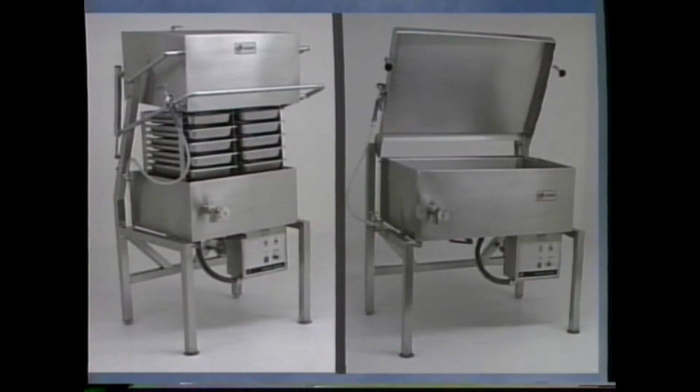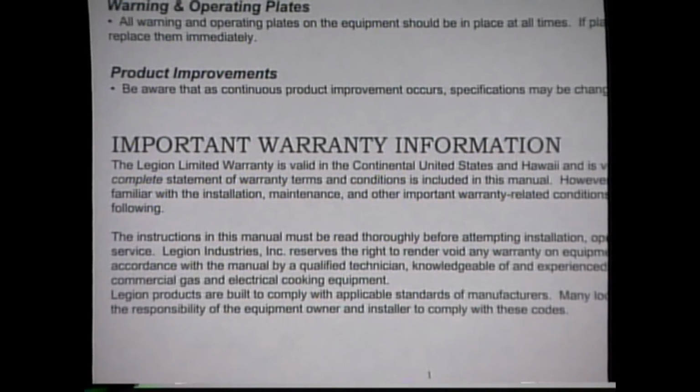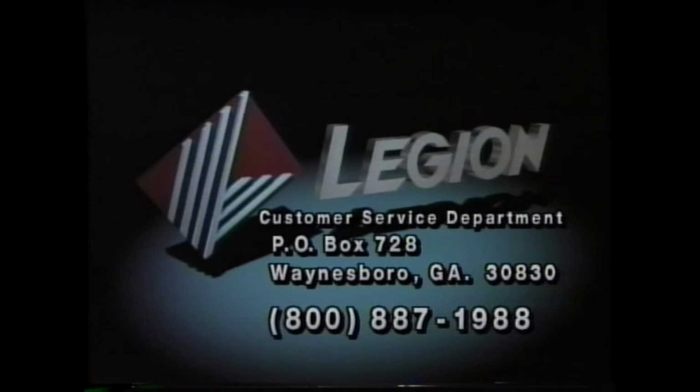As we stressed in the beginning, this video was intended to get you started quickly on your new equipment. It is not a substitute for the written installation and operating instructions that came with your unit. Remember to send in your warranty registration card. This is vital and necessary in the processing of any future service required on your equipment. If at any time you have questions about warranty coverage, operating procedures, service, repairs, or maintenance, contact Legion's Customer Service Department at the address shown. For immediate help, phone